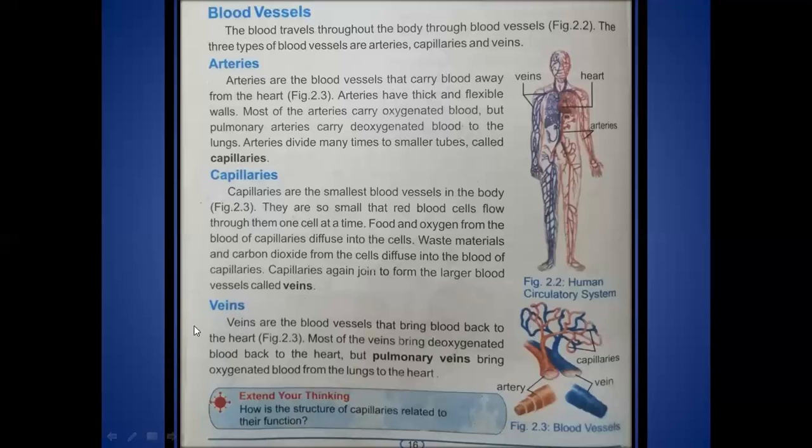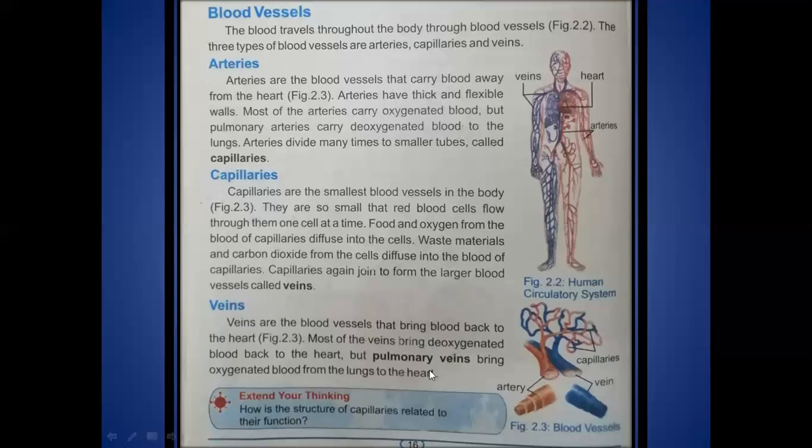Third type of blood vessels are called veins. Veins are the blood vessels that bring blood back to the heart, and most of the veins bring deoxygenated blood back to the heart. All the veins, their function is that they carry deoxygenated blood, but except one vein,